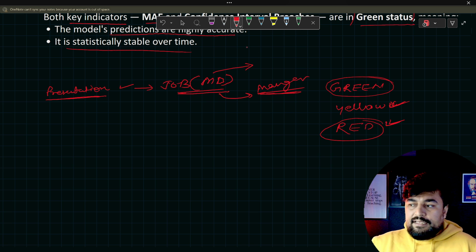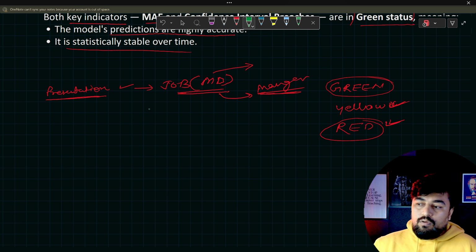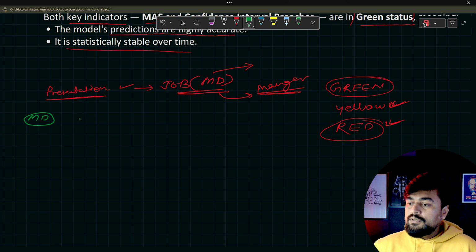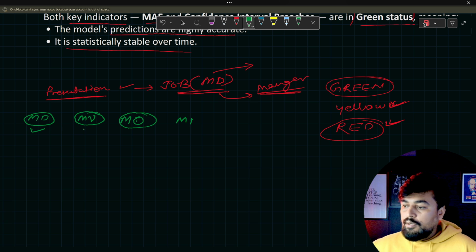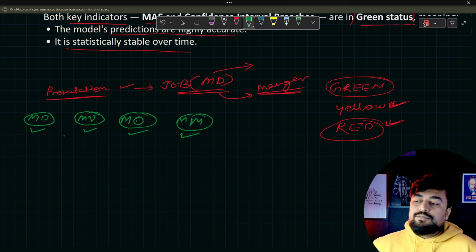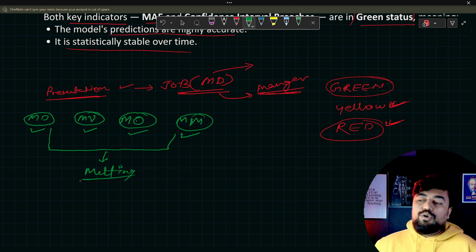When you are taking such decisions, I'm telling you the industry standard now. When we are talking about all these traffic lights, usually the model development team is part of this. Model validation is also part of this. Model owners, who are the big shots in the bank, are part of this. And also model monitoring. So model developer, model validation, model owner, and model monitoring: these four are the main people in the meeting who would be taking all the decisions.